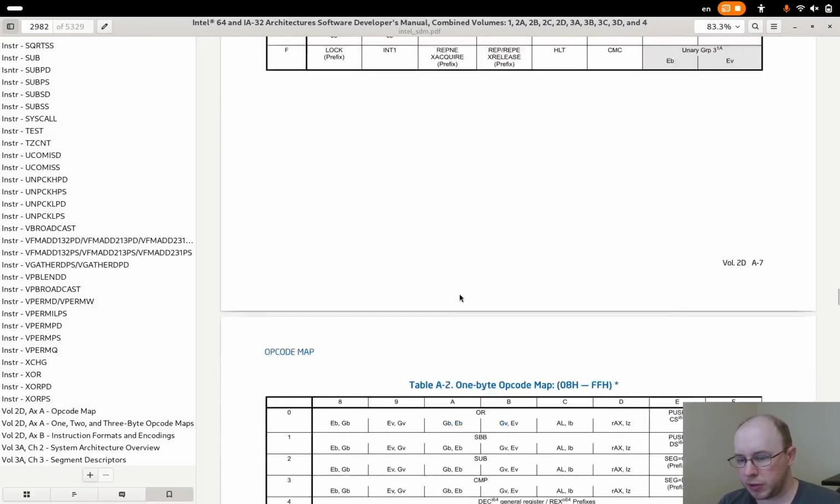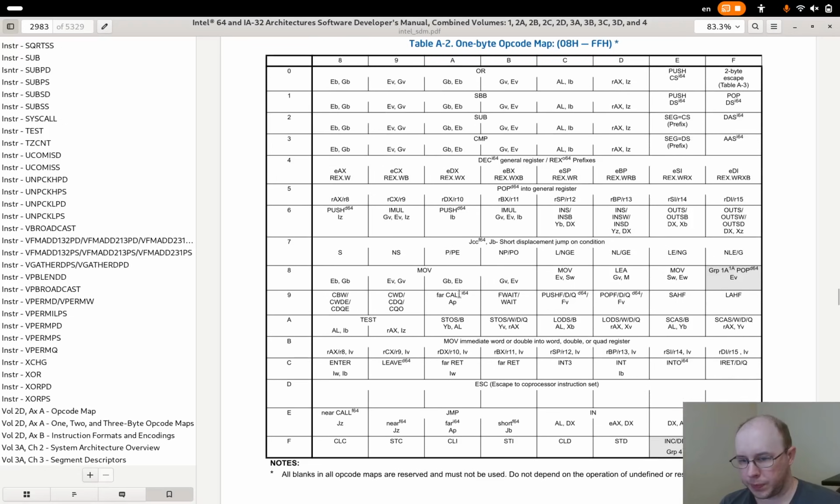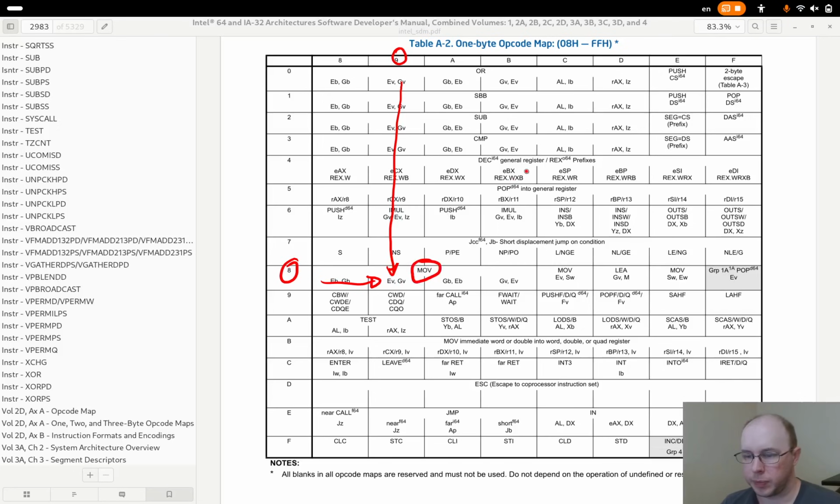So if we go down a bit further, we can look for 89 in the table, which comes down to this particular encoding of the MOV instruction. But if they want to reuse this 89 with a different interpretation, that's what the opcode maps are for. So an 89 just on its own uses this single 1 byte opcode map, which AMD calls a primary